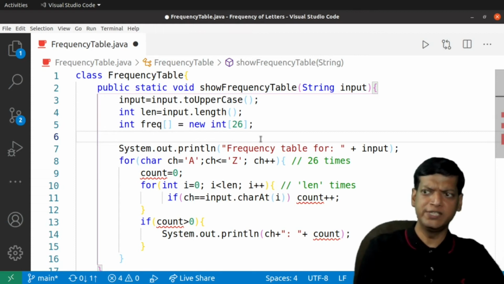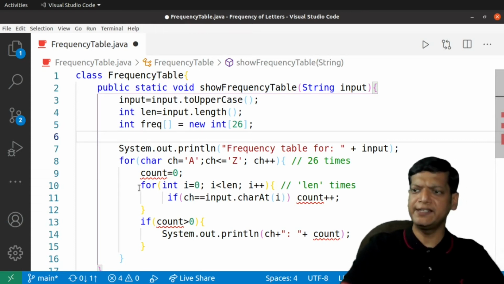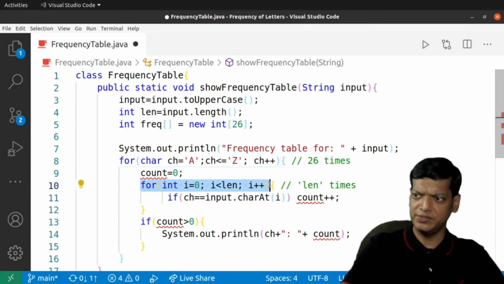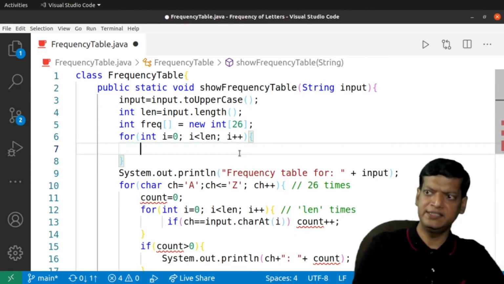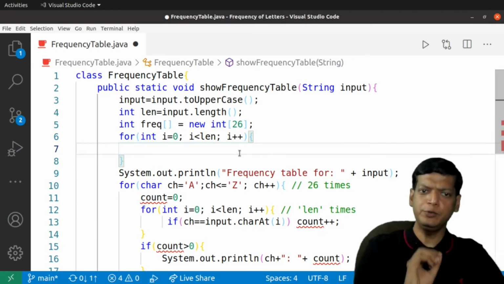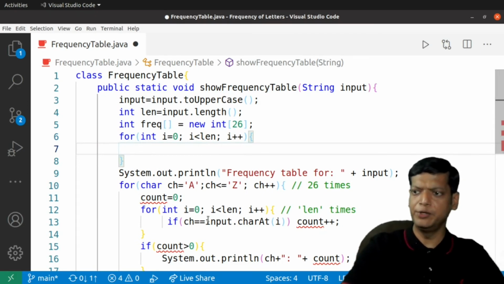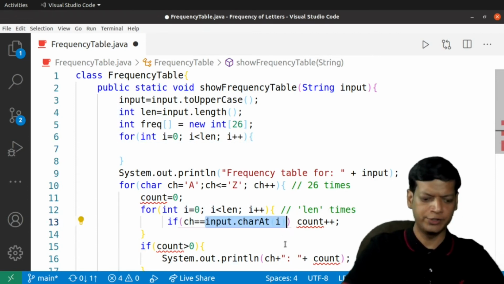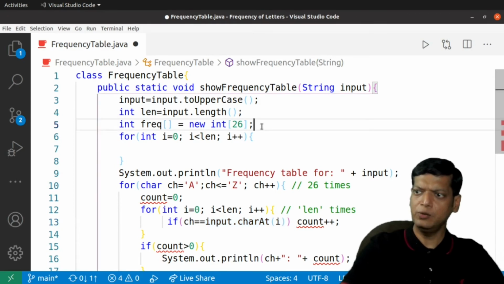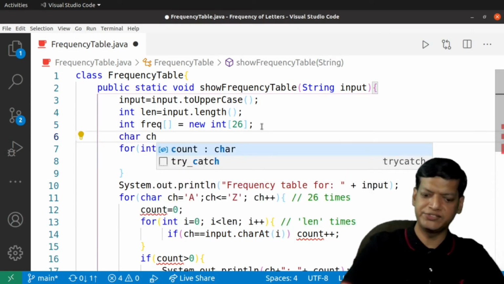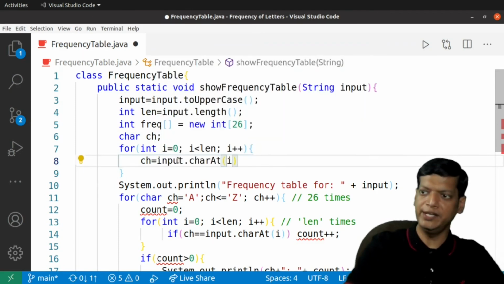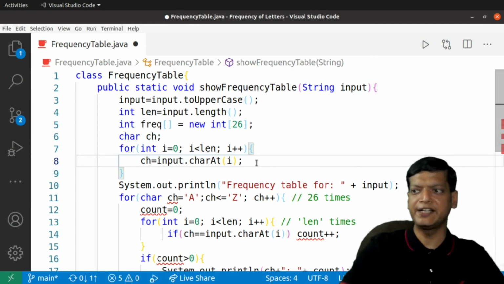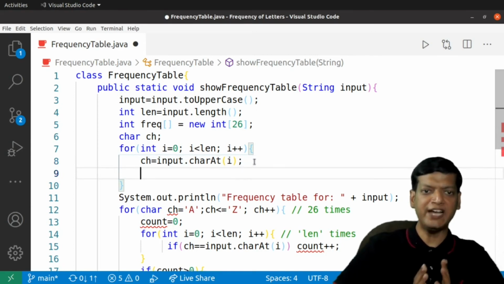Then what we have to do is we'll have to extract one character at a time, which is same as this. So I'll copy this loop from here. We'll move it in the beginning, and then this is our loop. We have to extract the character like we were doing earlier, which is over here. So I'll just copy paste in order to save some time. So now we'll have a character variable to extract the character, and we'll say that ch is equal to input.charAt(i). So the ith character will be extracted, and now we have to do the mapping.